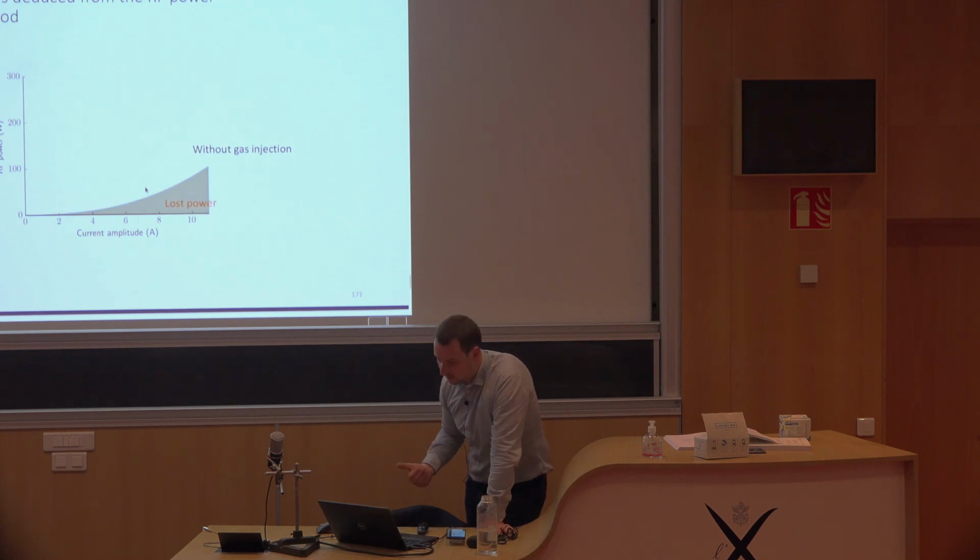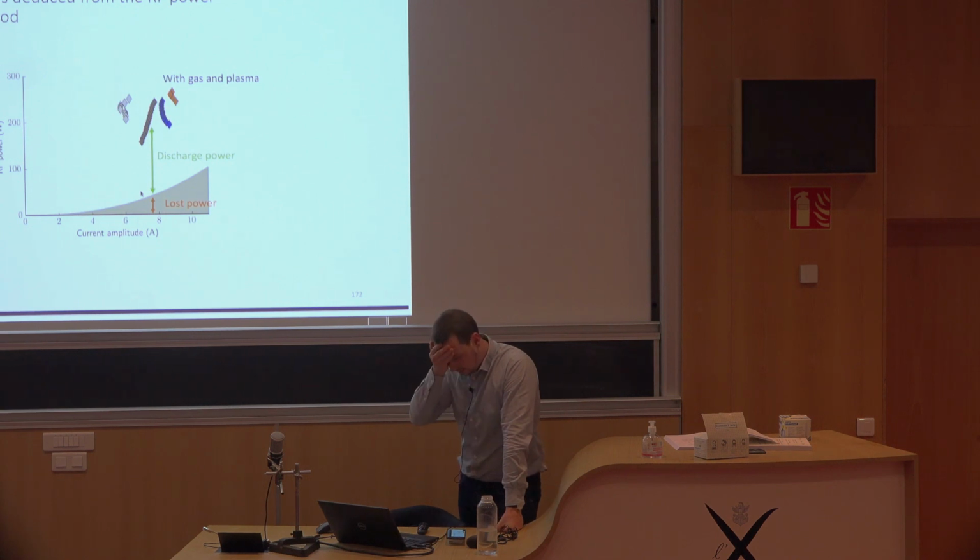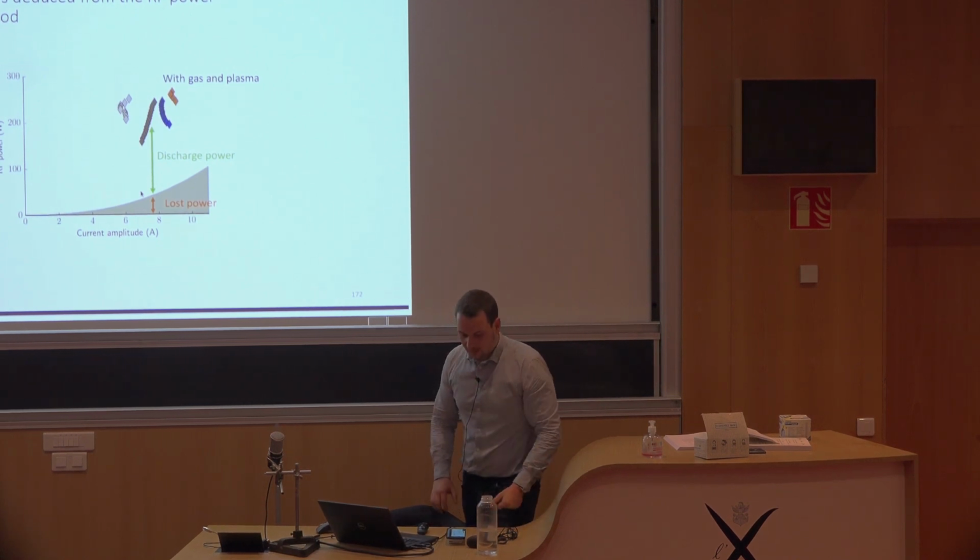You fit this, and you consider it a lost power. Then when you measure your power, you look at the RF power written on your plasma source and subtract. You look at the current you have, which implies that you need to measure the current all the time, which is not something we like to do. But you consider that you have a lost current all the time, and that gives the power transfer efficiency, which is the ratio of the green curve to the orange curve, around 75 to 80%, or 85. So this order of magnitude, and we were quite confident about it